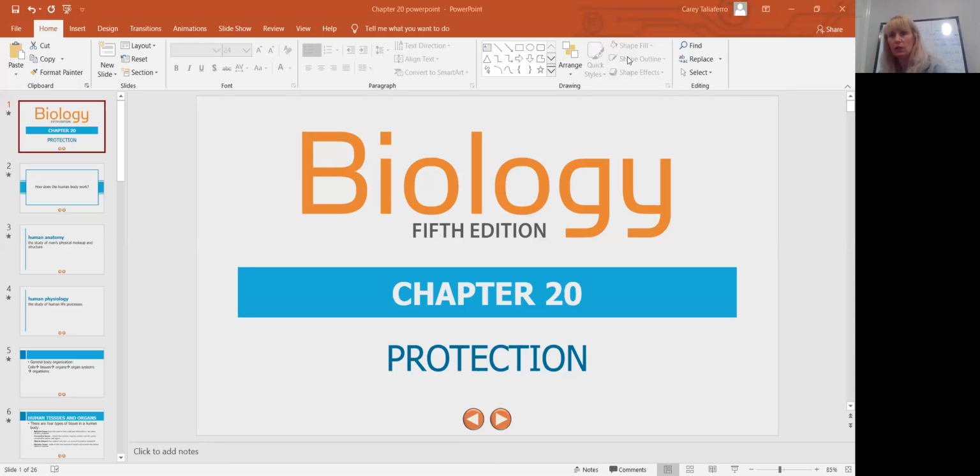We are fast forwarding through the book. We are heading to chapter 20. The rest of the year, we'll be talking about the human body and different systems that make it up. The general overview is that we'll be talking about maybe two systems per week. That's my goal, actually. And hopefully we'll be able to get through most of the organ systems by the end